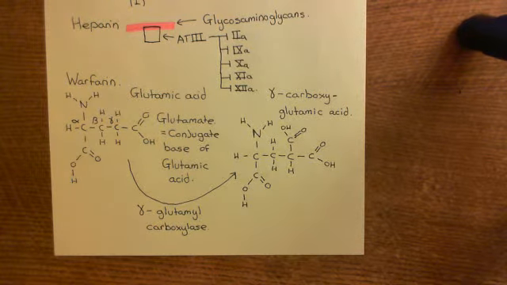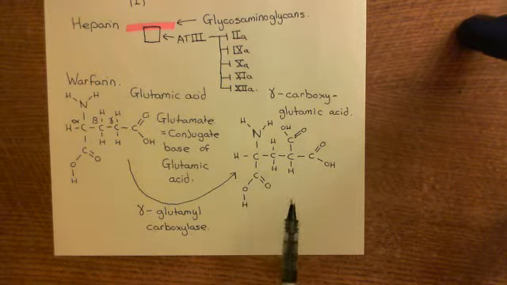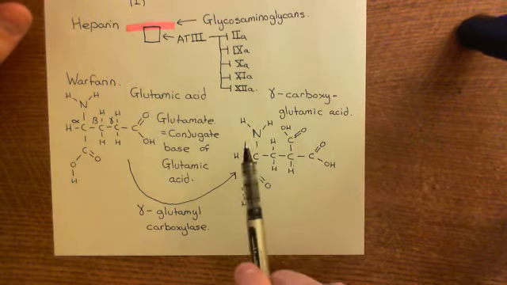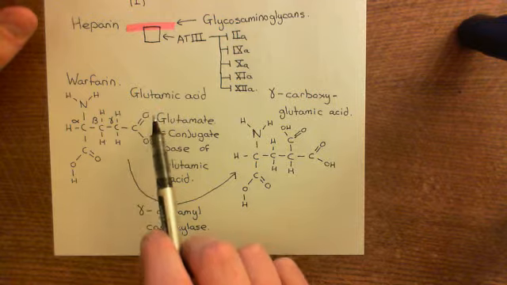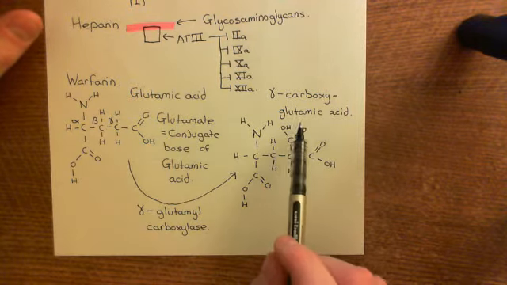Okay, so welcome to this next video in which we are discussing the antithrombotic drugs. Okay, right. So we're in the process of looking at the mechanism of the anticoagulant warfarin. Okay, so we've discussed that to produce certain of the coagulation factors, you need to be able to produce gamma-carboxyglutamic acid, or rather, you need to be able to turn glutamic acid residues within a protein into these